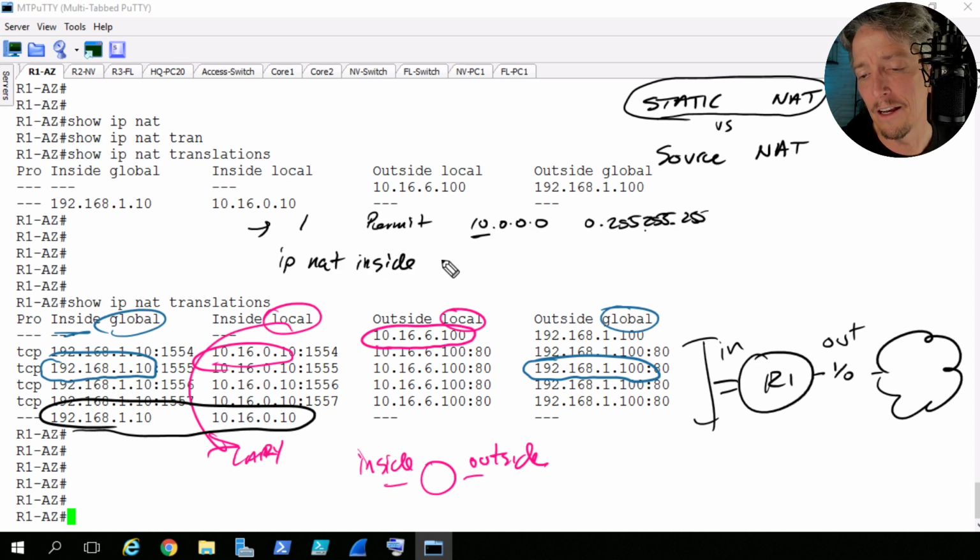inside source list. Now, you may ask, well, Keith, you're not even at the command line. There's no context sensitive help. How do you memorize this? I've done this a few times. That's literally why I can do this, because I've done it a few times. And that's the same reason we should lab things up and practice. It just becomes more familiar. And if I write something out and it's not quite right at the command line, I can solve it. But you'll get more familiar with the commands. You don't need to memorize all the commands, but the more you lab up and practice with them, the more